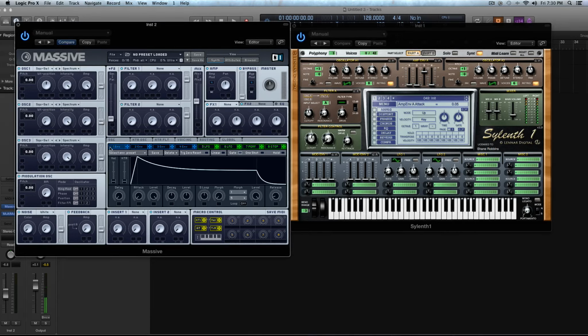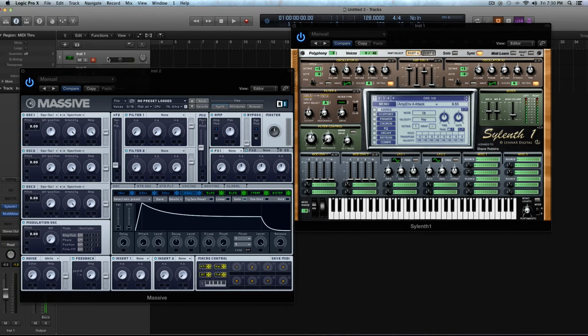Here's an envelope in Massive, and you have attack, decay, and then obviously sustain and release. When I'm bumping up this attack, let me go to Sylenth. So I'm holding down a key. See how it takes a long time for it to bring in the sound? So no attack, and attack. So you can already see how that's going to be really useful for pads and things like that that